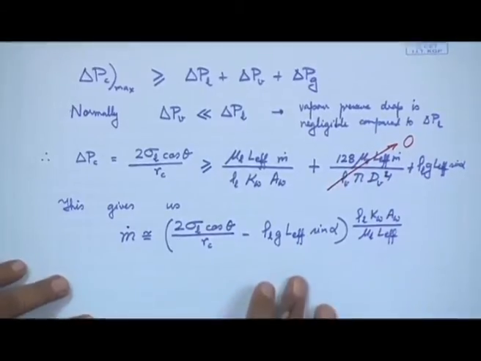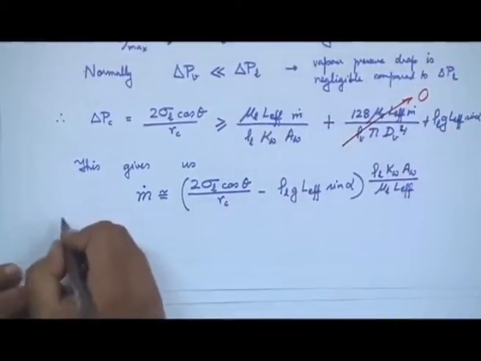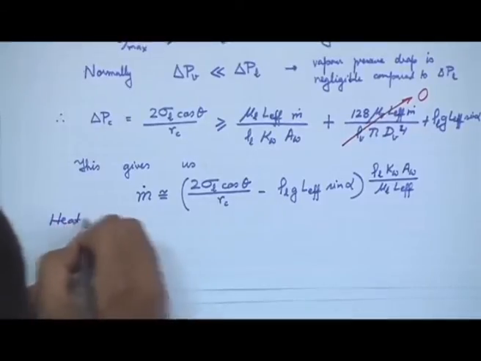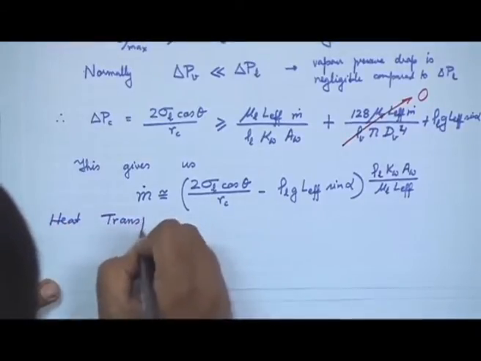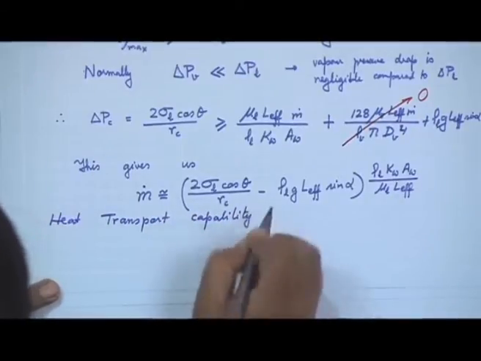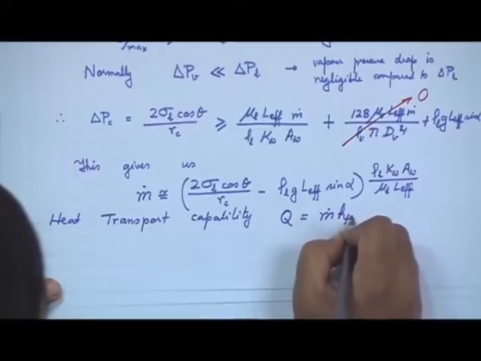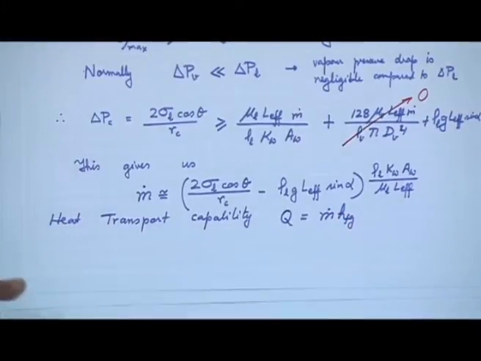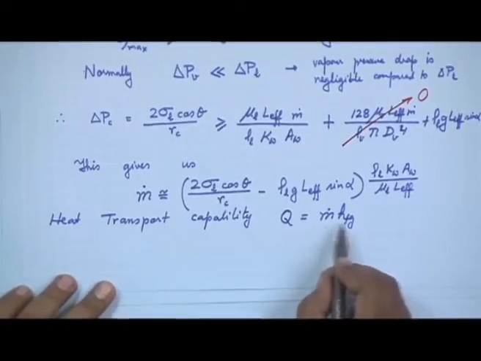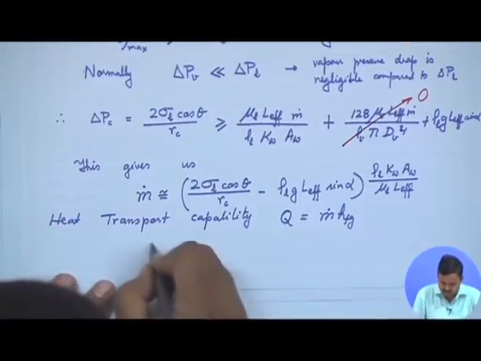Okay. So, therefore, what did we want? We wanted to have the heat transport capability. Q is going to be m dot HFG, because this is the mass flow rate that is getting vaporized at the evaporator end. So, this mass flow rate times the latent heat of vaporization is going to give me the total amount of heat that can be removed, and this can be shown to be equal to